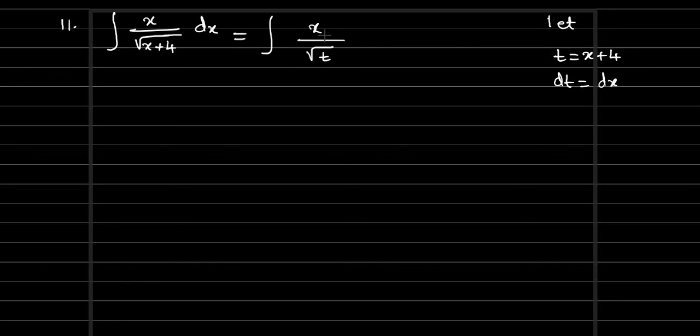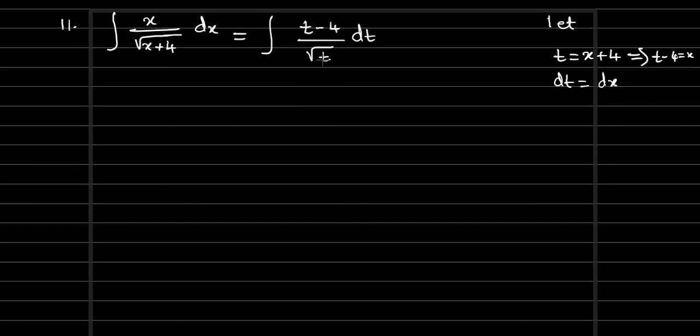So here we need to find out the value for the x. So here we have a condition, right? We have t equal to x plus 4. So sending 4 to the other side, t minus 4 equal to x. So what is the x value? T minus 4. So now changing x as t minus 4. So this is how the question is getting changed.